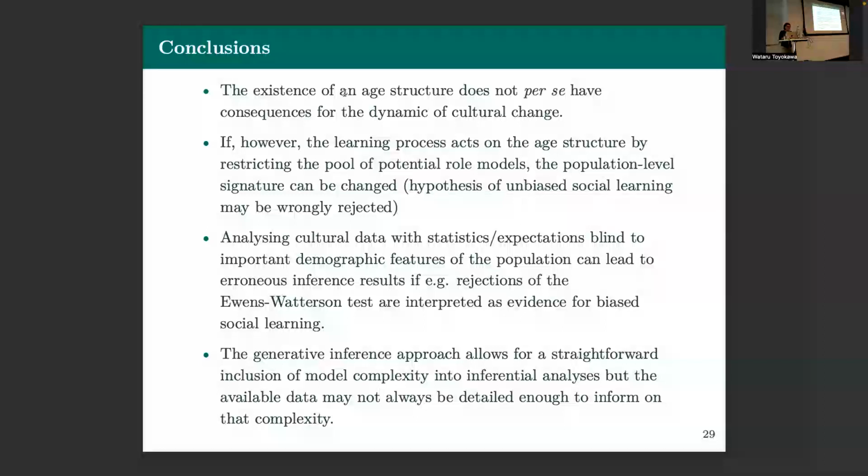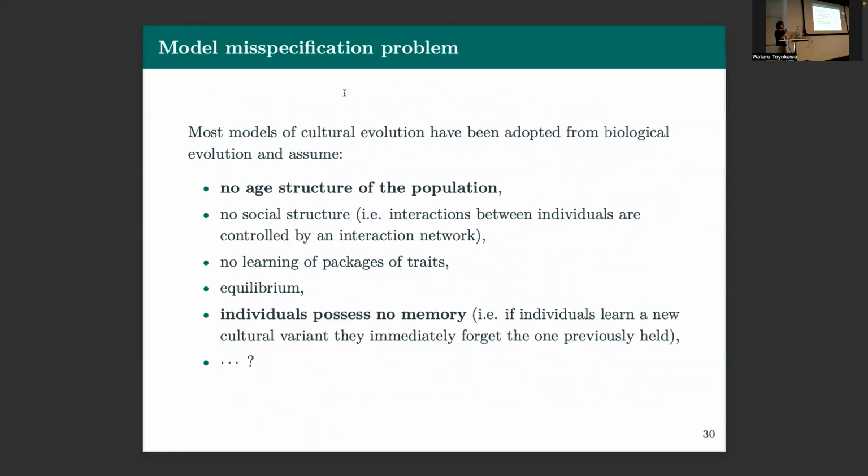We, of course, try to develop a generative inference approach based on our age-structured model in combination with some machine learning techniques. Inferences are possible if you have an appropriate underlying model. However, we also show very clearly that there are limits to inference, because we have very sparse data. We have only a single data point, so you cannot expect to infer everything from this small data point. We will have limits to inference. Okay, so demography